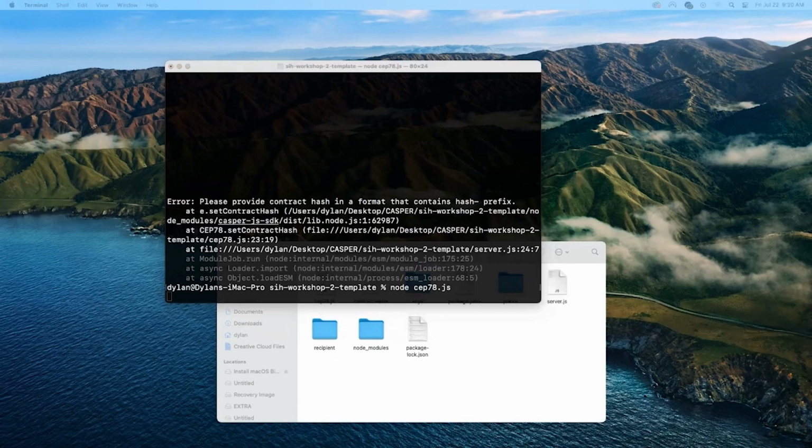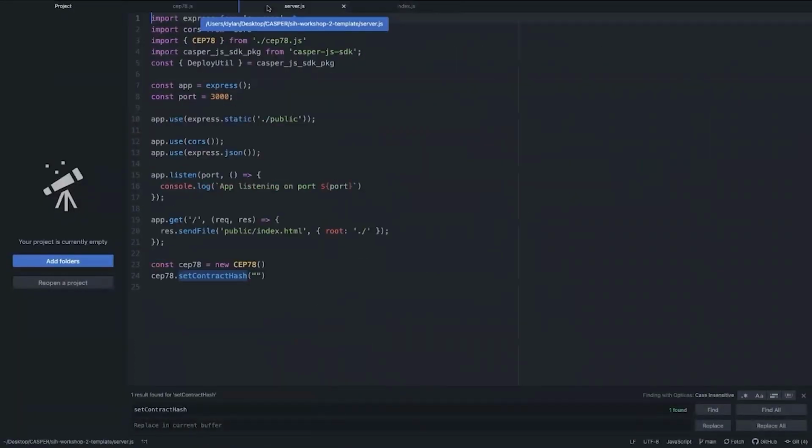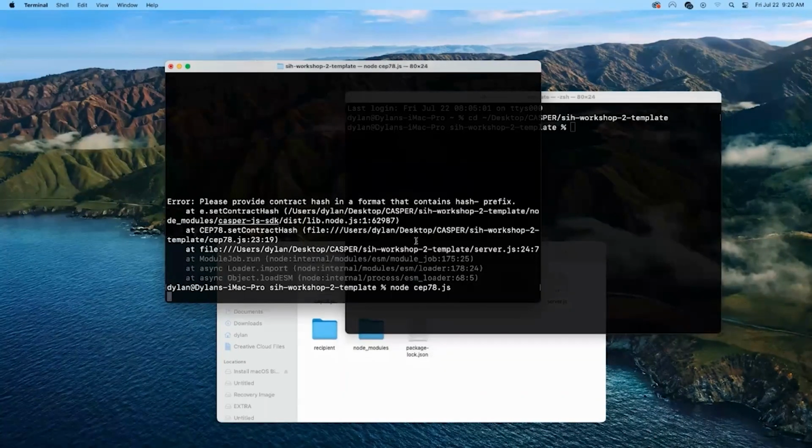So while this executes, and we'll come back to this, we're going to open up another terminal window. We're going to go back to our same directory. So let's just go here. Okay. Now let's open up the file server.js, which I have open right here. On line 24, right here, we're going to set the contract hash. That'll get printed here in just a moment. And then we'll wait for all the other functions to execute too, but we'll come back to those other functions, but we will need the contract hash, which should be printed out here in just a moment once it executes